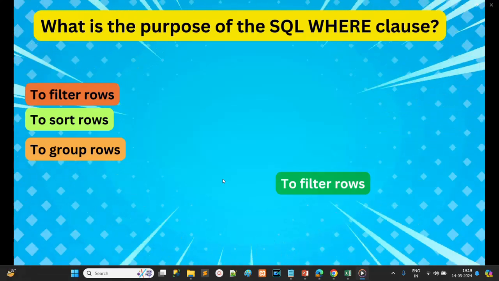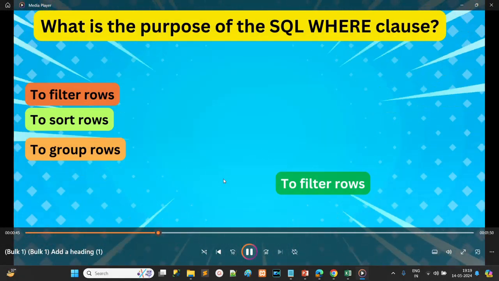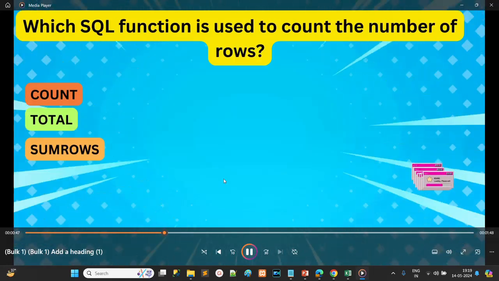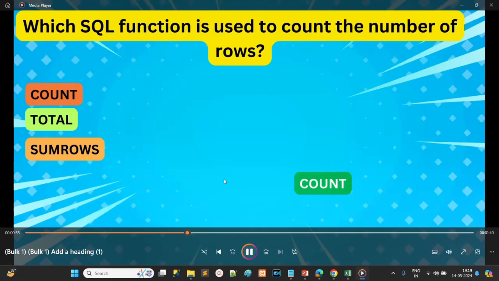So friends, this is how you can design interview questions and answers, bulk questions and answers, using this Canva tool. Basically, this Canva tool is integrated with AI